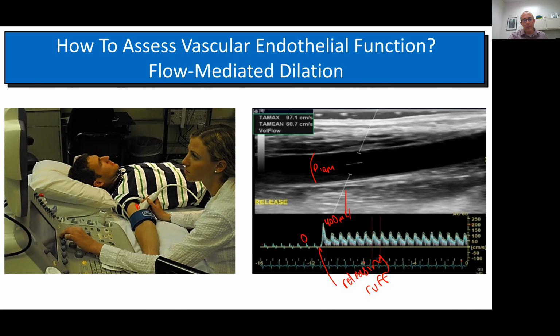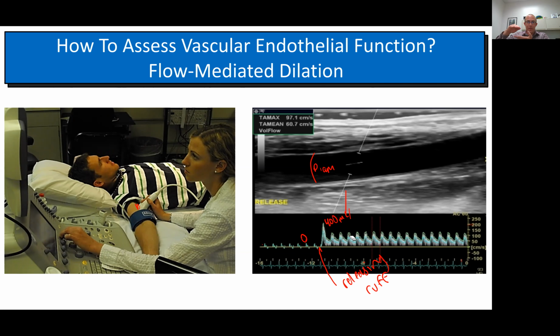So now we have a lot of blood flowing through the brachial artery, femoral artery, wherever we're measuring. And that blood flow causes a lot of stress or friction on the artery. And friction, or shear stress, is what it's called. Shear stress stimulates the endothelium of the artery to release nitric oxide. And so when we release that cuff, the shear stress from friction goes up, nitric oxide is released, and the